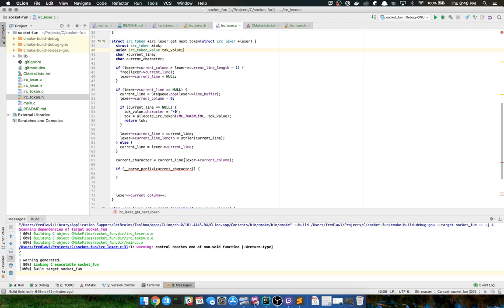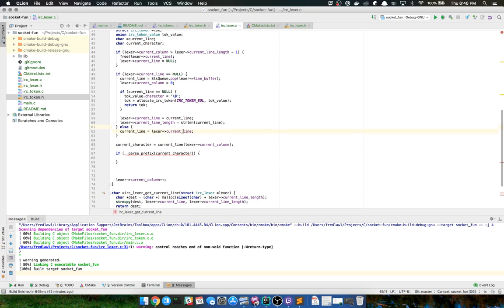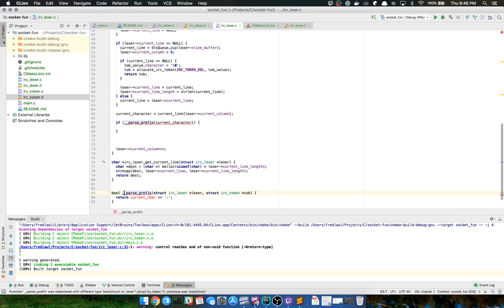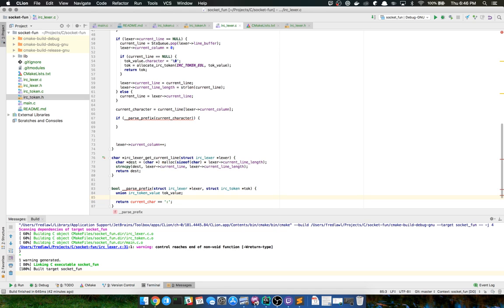Up here, I created a token value already, but it's being used here, but I might use it in other areas too. But in this prefix here, I might as well just recreate it here. Now I'm going to do a copy of it, so that's okay.